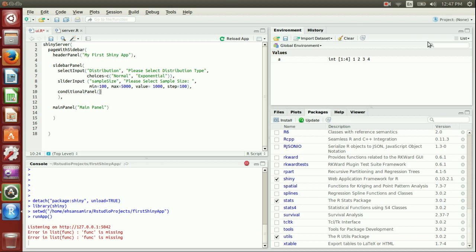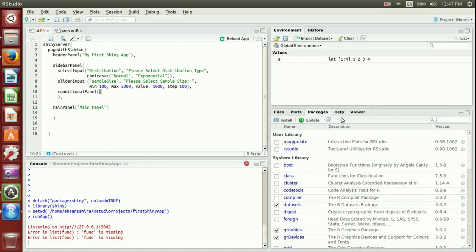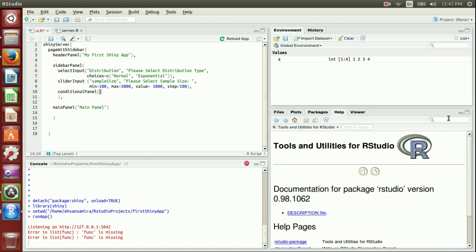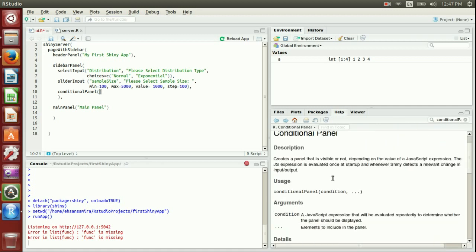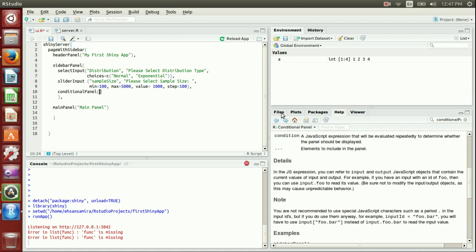In the conditional panel, if you write conditional here in the help, you can find out how to write it. In a conditional panel, first the condition goes and then the rest of it. So my condition is going to be on input. So this is the input. If I want input dot distribution, if my input dot distribution is normal,